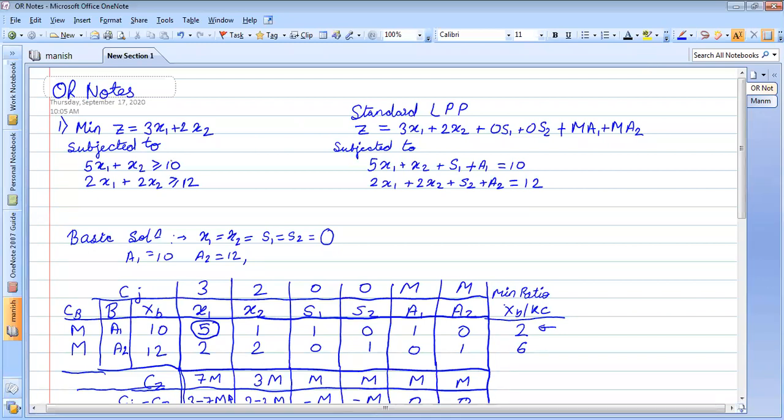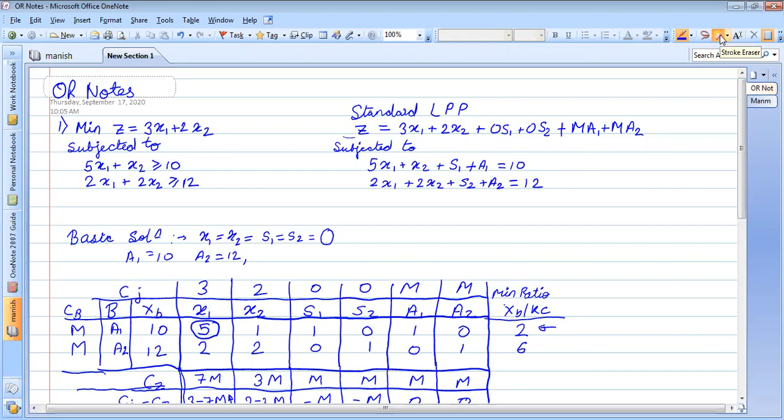Okay. So as I was saying, we have this minimization problem. You can convert this minimization problem into a maximization problem by multiplying it with -1 if you want to convert the minimization into maximization. The other method is you do not multiply it, but you use the same procedure only with a few modifications. So what we do here is, first step is to convert it into standard LPP.